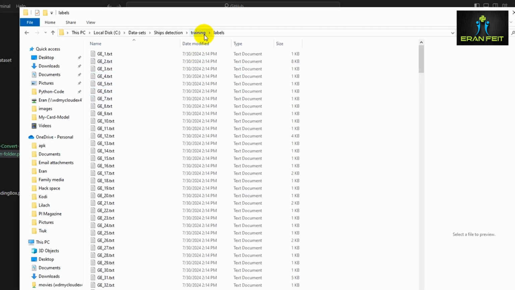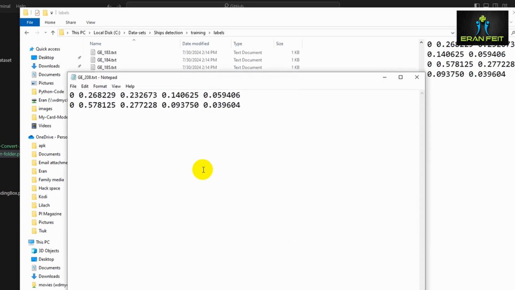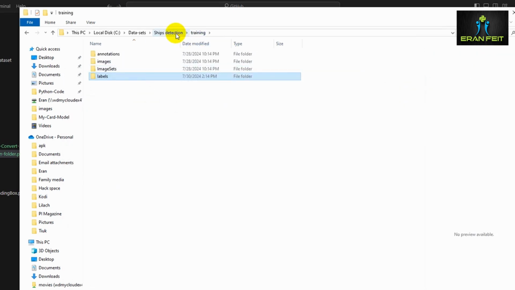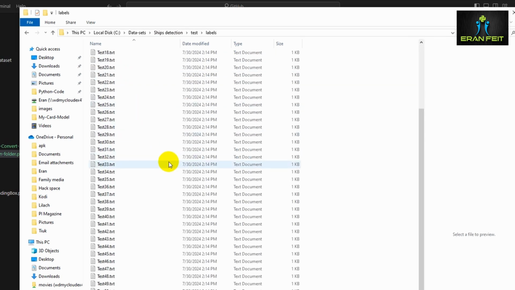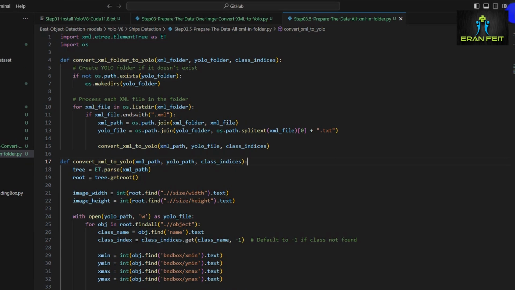As you can see here in the training, all the labels were generated. Let's open one of them. Great. And if we go to the test folder, everything was generated as well. Great. So now we have images and we have labels in YOLO format, and now we are ready to start